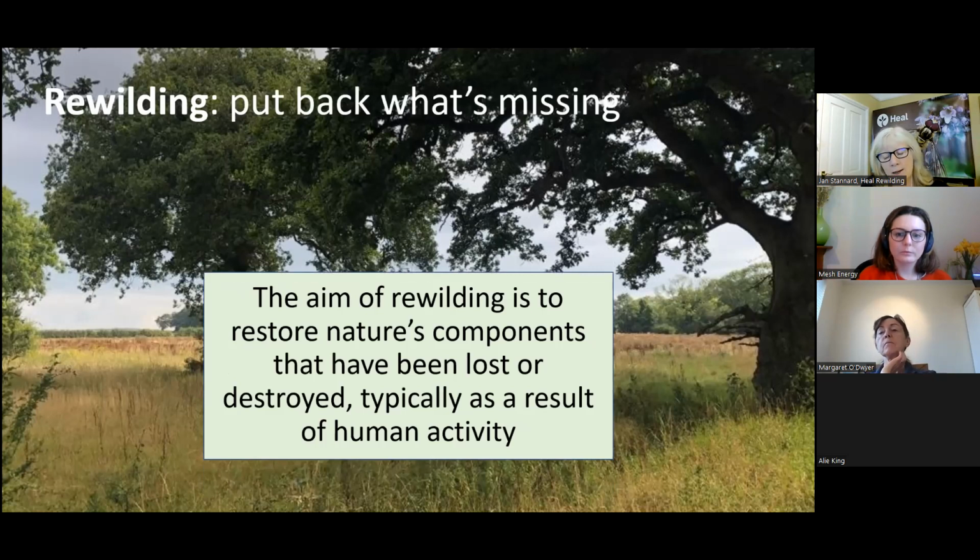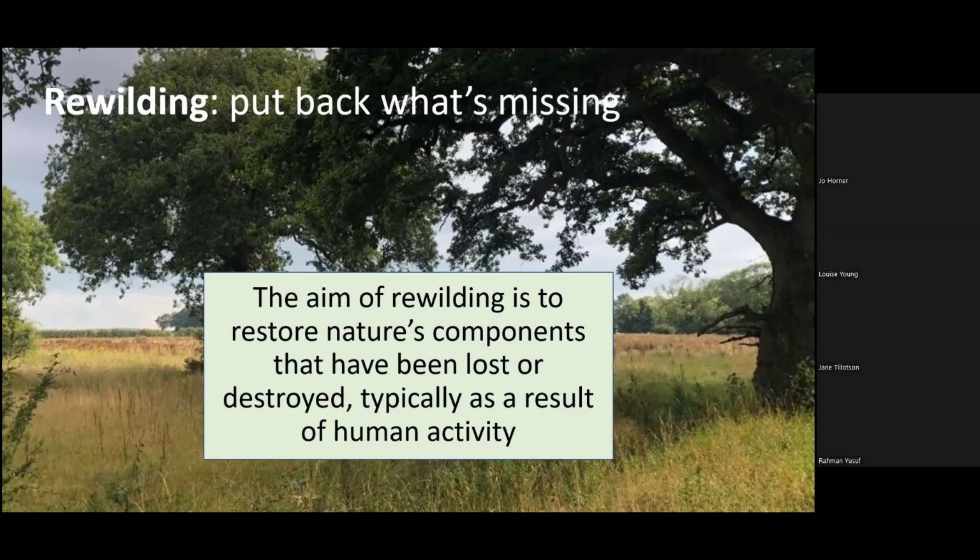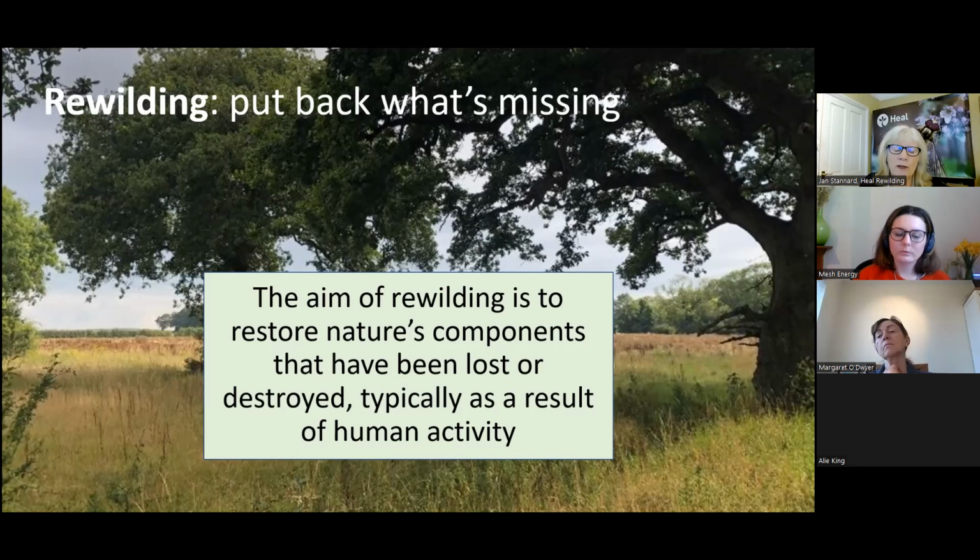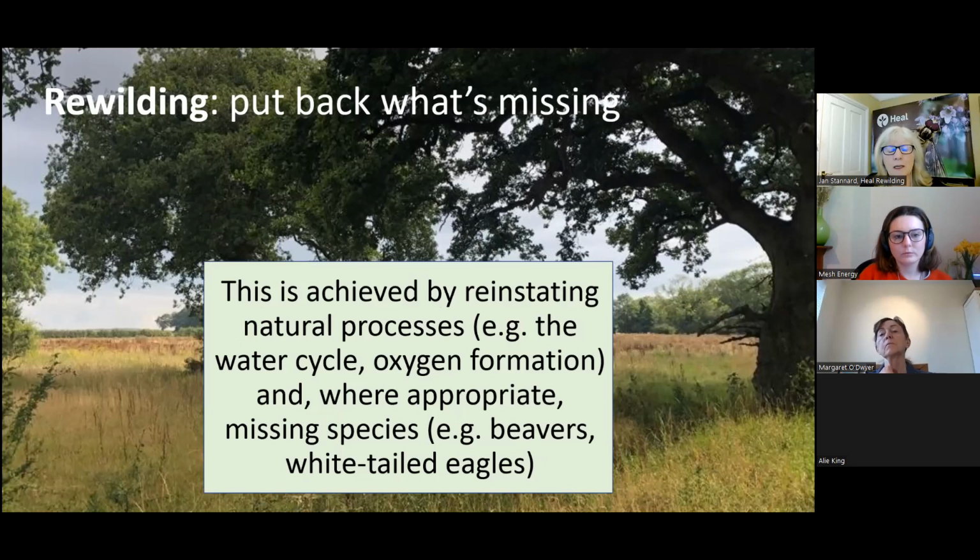And one of the realities of taking a piece of land that's depleted and restoring it for nature, because most rewilding sites will not have anything special in them, is that there are things missing, and they're missing because of human activity. And in order for nature to thrive, you have to look at whether those things need to be put back, and they often do in this country particularly. So what are the natural processes that could be missing? The water cycle's one. If a field has been drained, we would stop that drainage up. We would allow the land to flood again, or beavers would arrive or be introduced, and they would put dams in place.